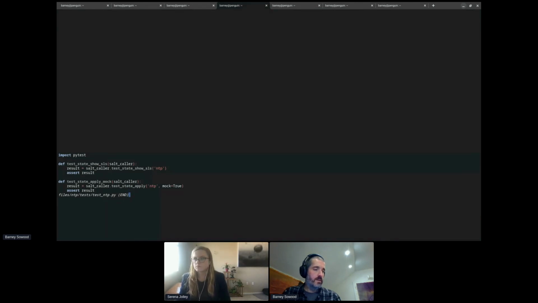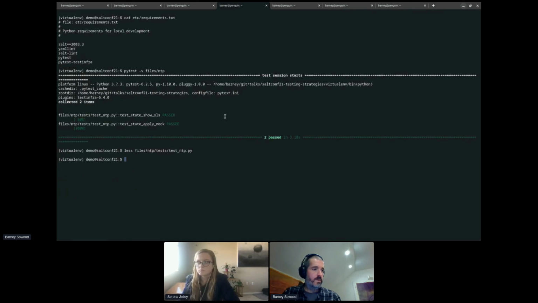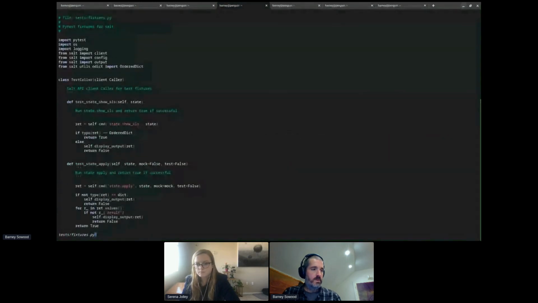So that's what our pytest tests look like. We've got a test function for show SLS and a test function for state apply mock. So the key way this works is using pytest fixtures.